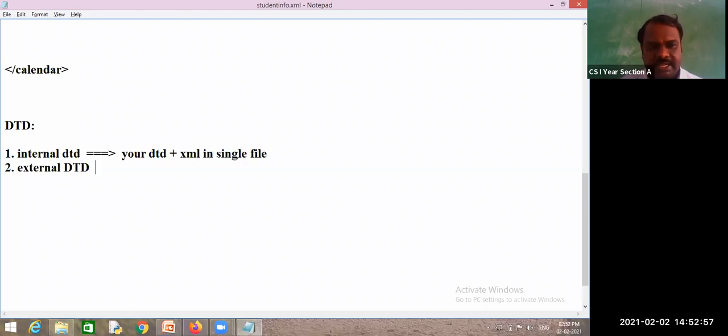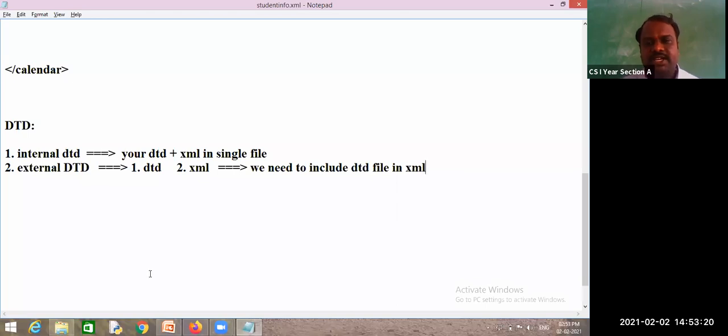External DTD means one DTD file and a second XML file, and we need to include the DTD file in the XML. It is like inline CSS and external CSS, the same thing continues.